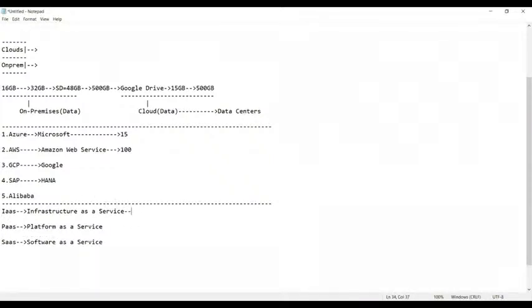Let us try to understand this. What is infrastructure as a service? Suppose you have a very large amount of data to be processed, a very massive amount of data. Does the Windows operating system support every data processing?